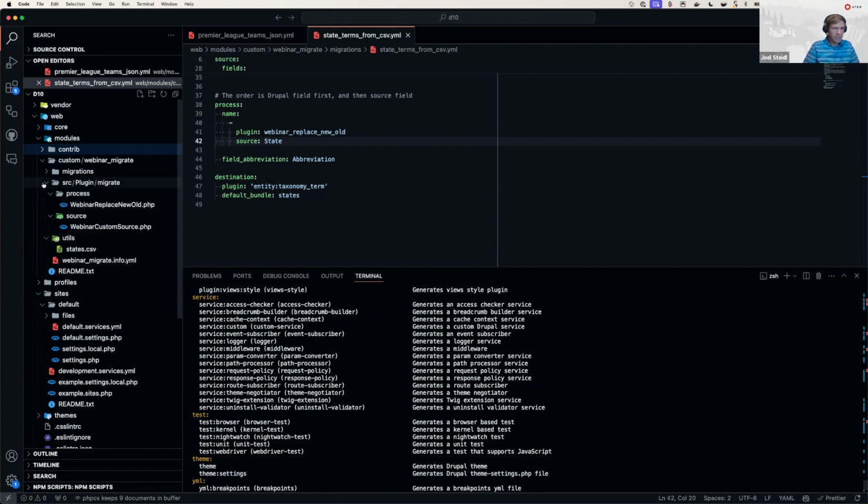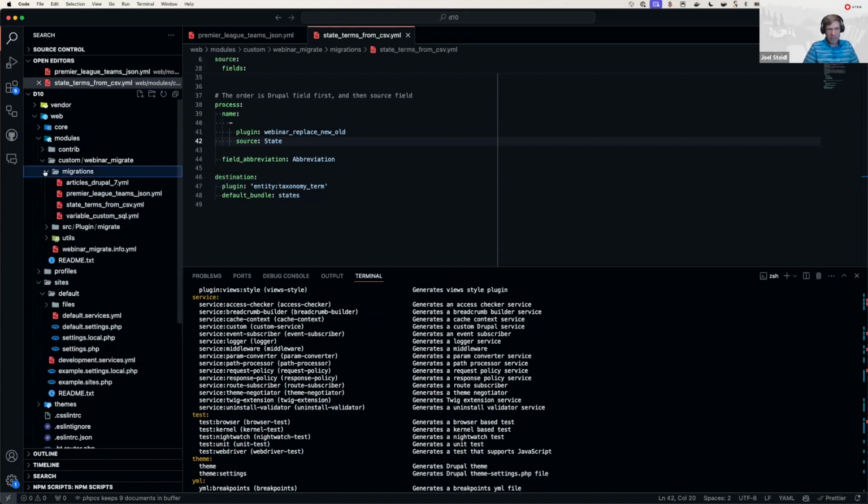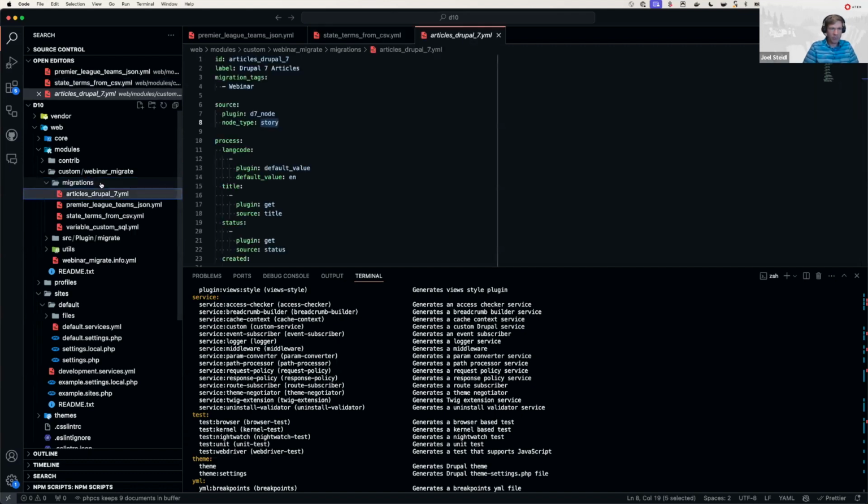So quickly, let's look at what our custom module has here. First off, we have this migrations directory that contains all our YAML files. If you're not familiar with YAML in Drupal, it's a simple text format that usually contains configurations. It's a set of instructions for Drupal on what to do with certain